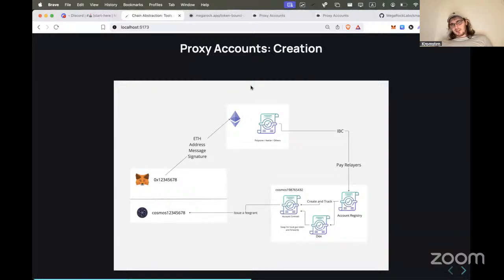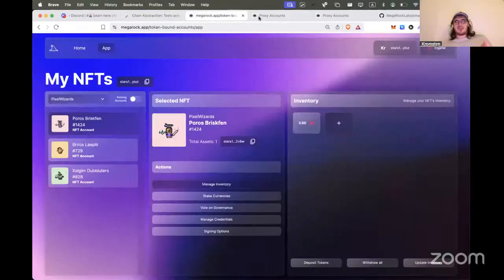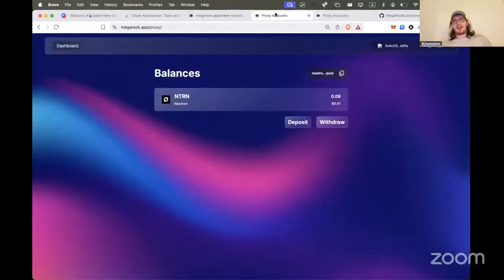Then you would pass some funds, like a couple of dollars worth of ETH. It will go over IBC, over multiple chains, like Osmosis and whatever. Then it will land on Neutron, and on Neutron we'll create an account for this user. We give permission from this account to the browser wallet to use the funds from this account, and then you can actually do all kinds of actions from this wallet.